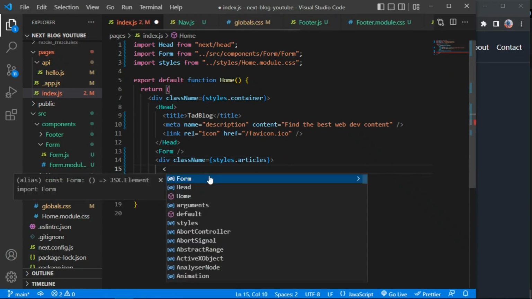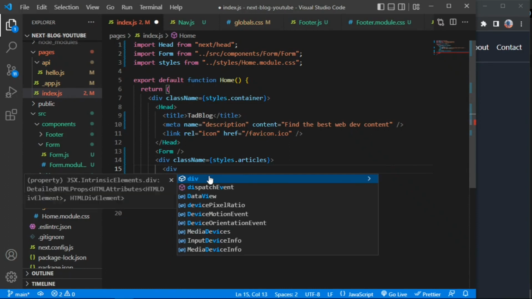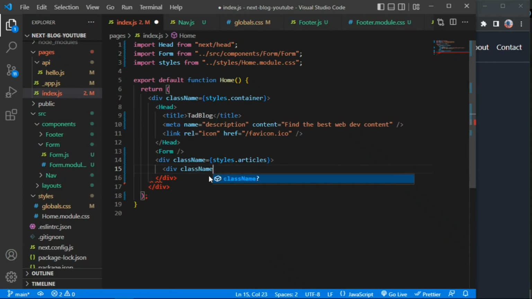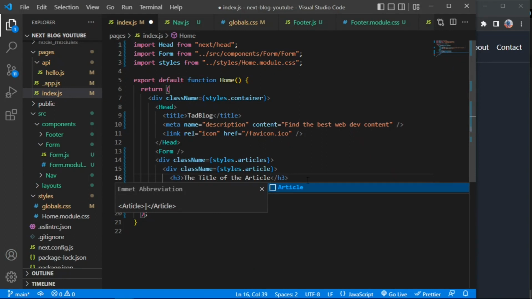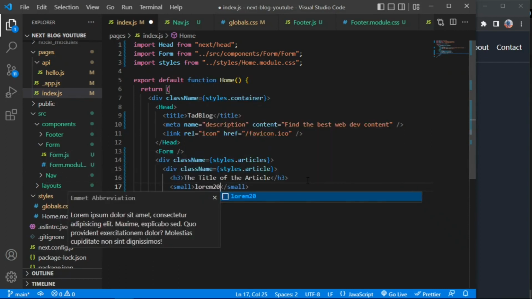In here we're going to have articles, but then for now, instead of actually making it a component, we're just gonna make it a div. Styles.article. So with the article, we're gonna have the title of the article, and we're going to have a small description of what this article is about, right? And we're gonna have something like this,